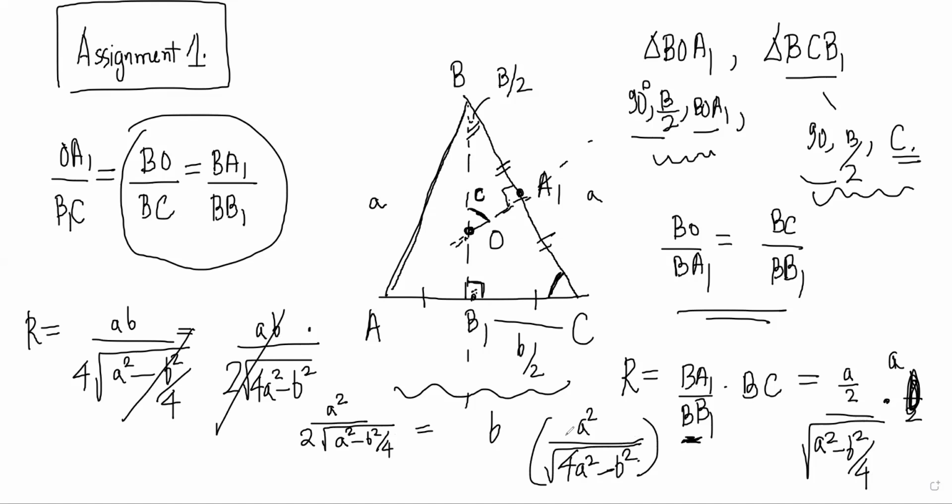So this is the radius of the circumcircle in any isosceles triangle. This is a nice result. If you know the two sides of an isosceles triangle, you can get this. We are getting it by similar triangles. This triangle is similar to the big triangle here. Try the rest.